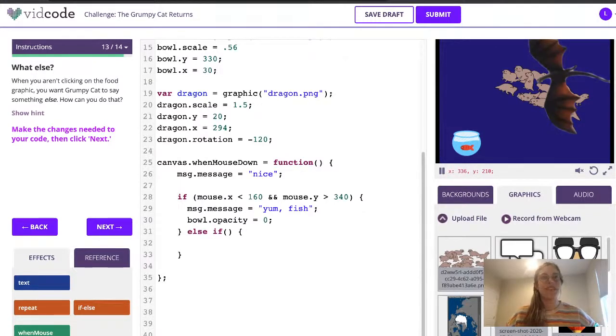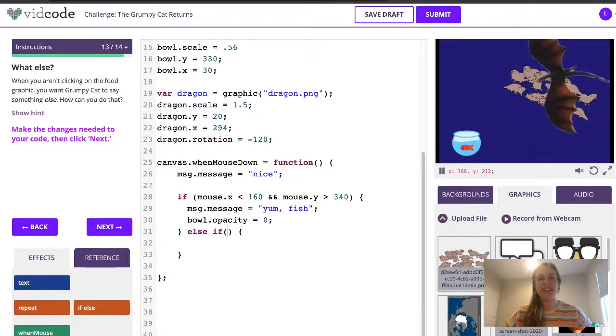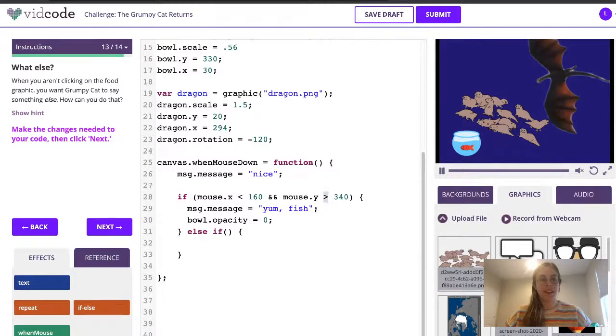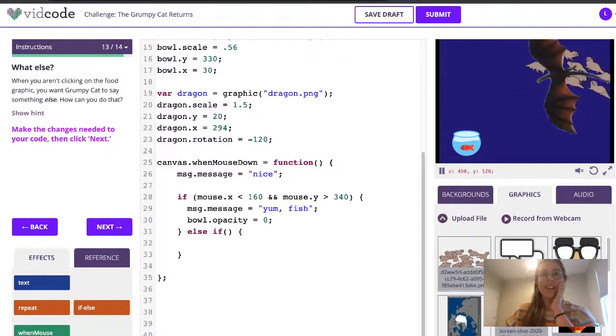I'm actually going to stop messing around because I feel like I'm going to lose power here. So I actually want to see if I'm greater than a certain y value and greater than a certain x value. You can see here I checked if I was less than the x value because I'm seeing if I'm to the left of a certain point. Here I want to see if I'm to the right of a certain point. So I can see here that at here,